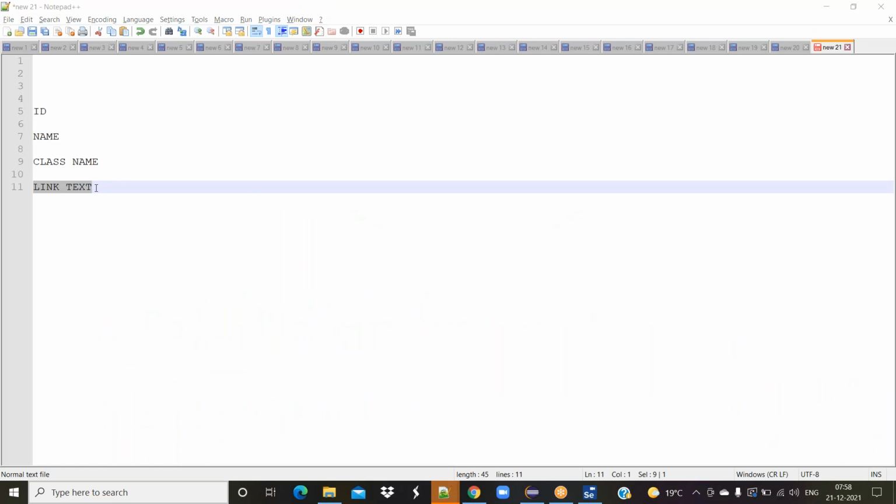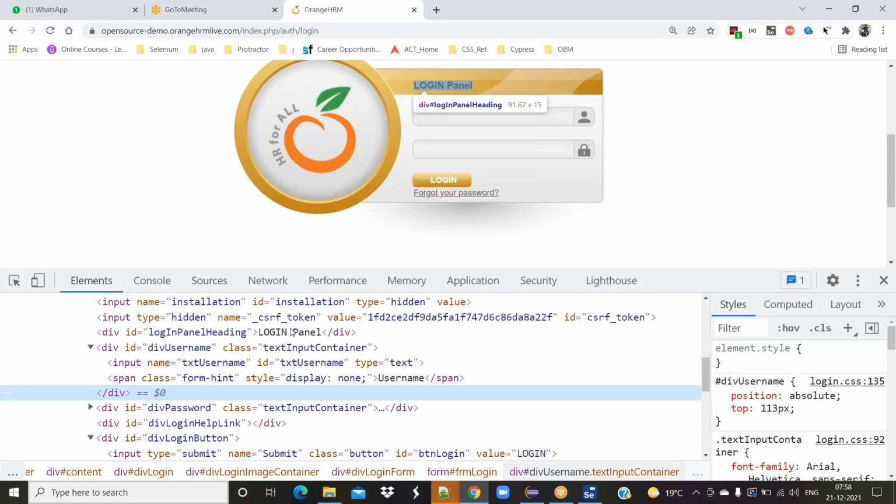What is meant by link text? See here: this div is a tag. This tag has an ID attribute. At the same time, you can see at the end of the tag, it has some text in between the less than and greater than symbols. This is called link text.